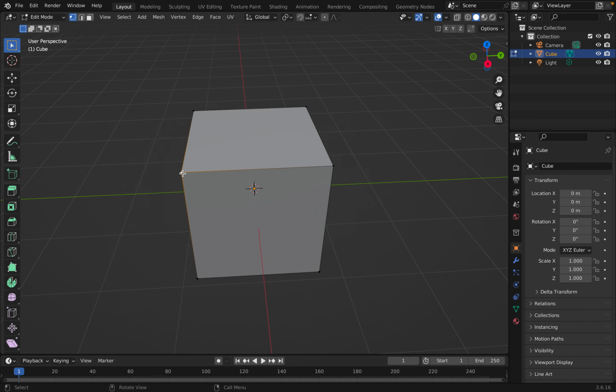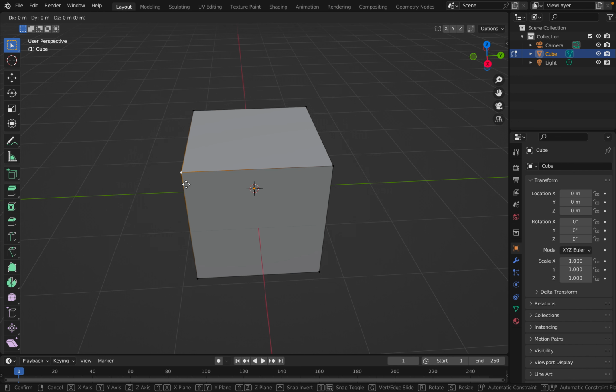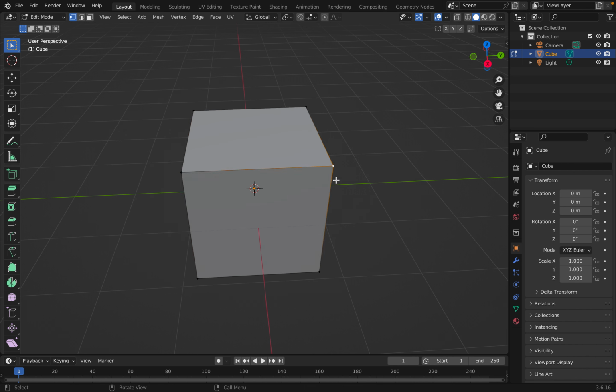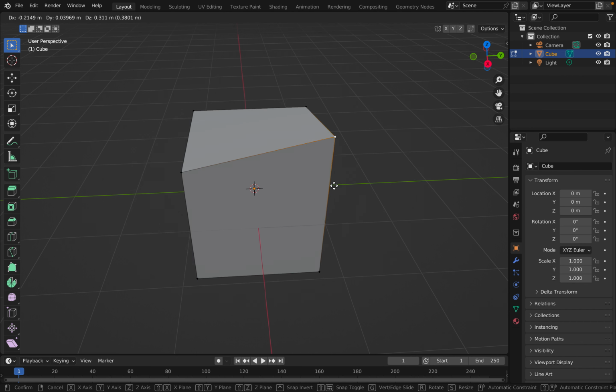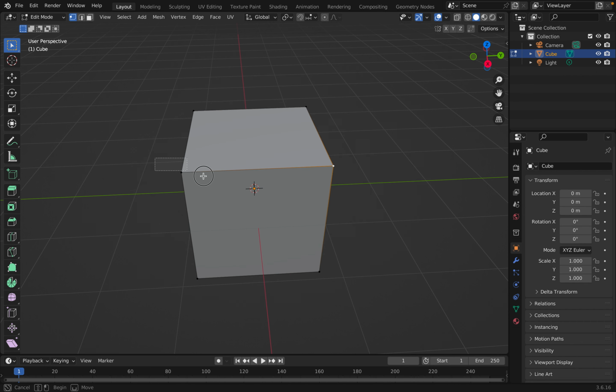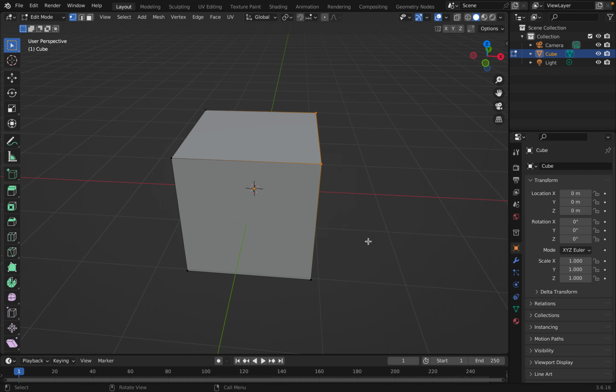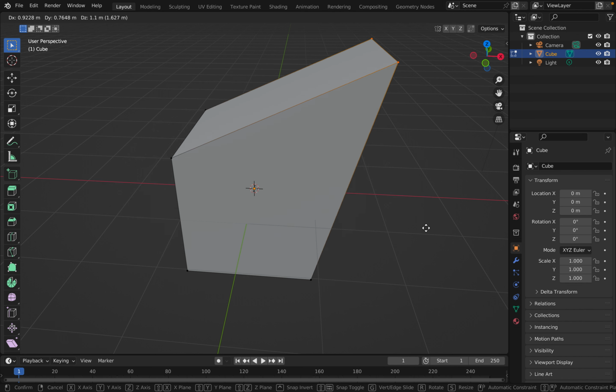Well, let's just say I do click on a vertex like this. I'm going to use some of the commands we're most used to inside of Blender. For instance, G or grab will allow me to grab and move this vertex wherever I want. I can also do the same over here. If I select both of them at the same time, it allows me to grab and move this entire